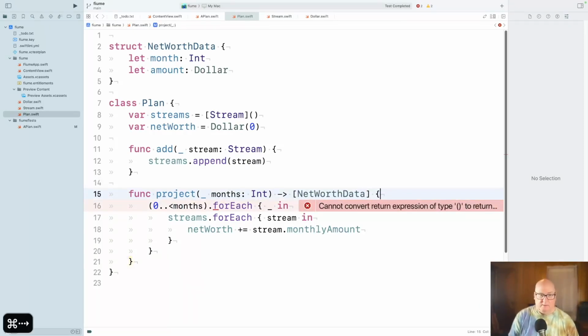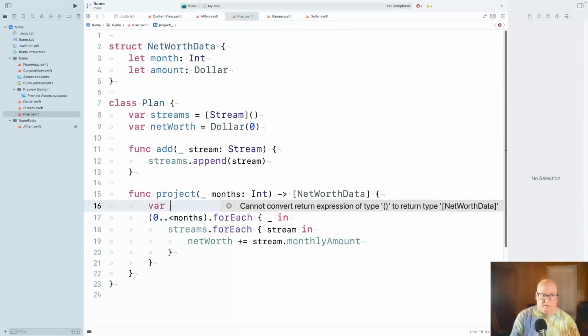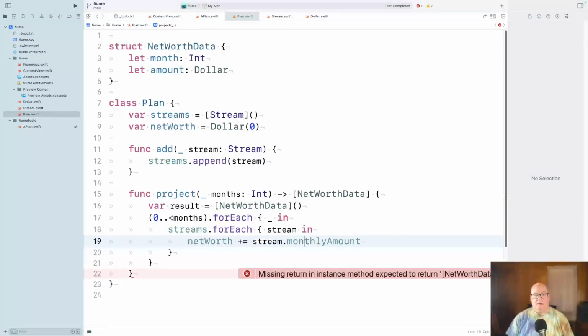All right, and then var result equals net worth data, empty. And then I'm going to say streams.